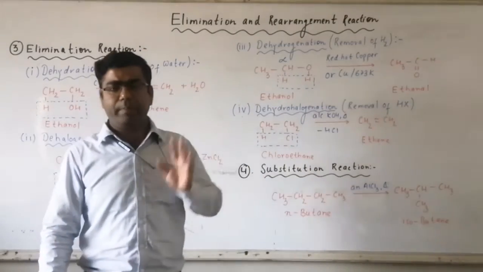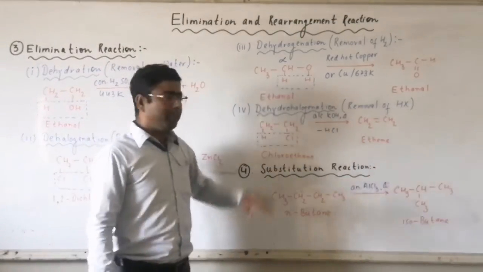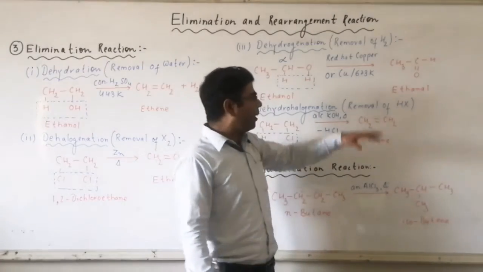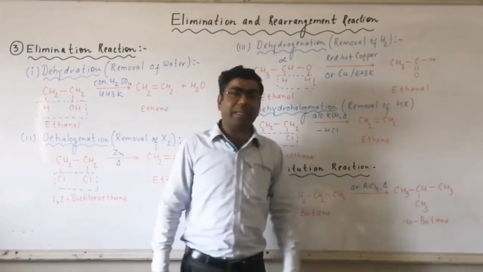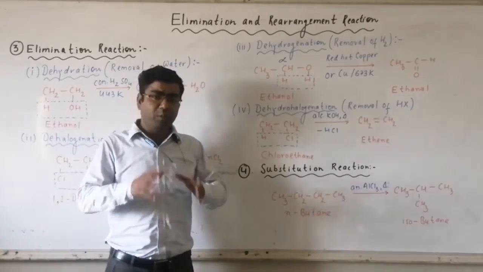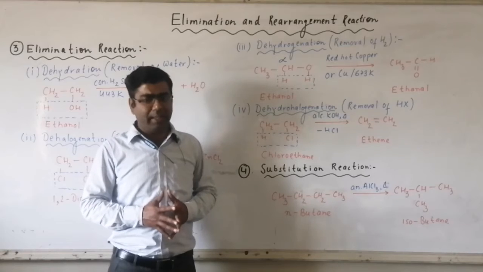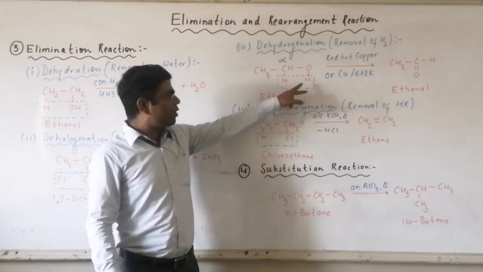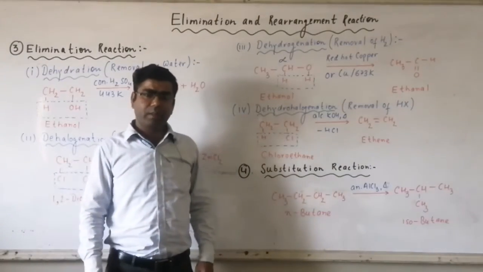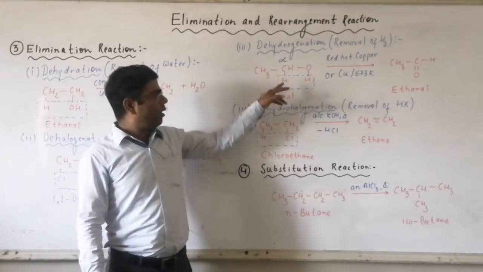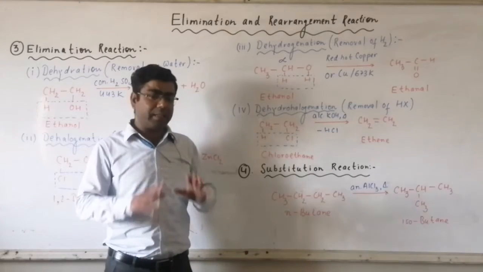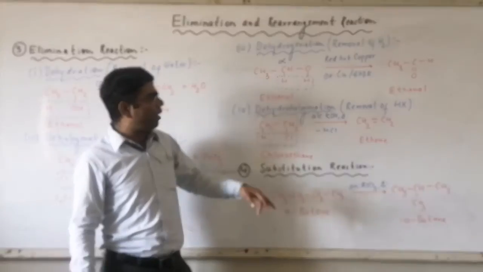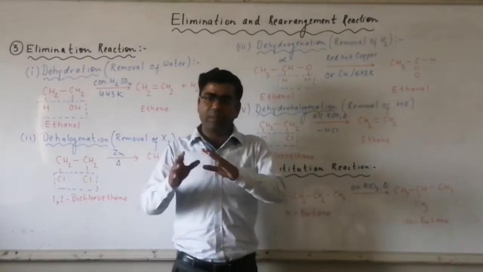We require only one. So when ethanol is treated with red hot copper, or copper metal, at a temperature of 673 Kelvin, then removal of an H2 molecule will take place. How is H2 removed? H from the OH unit and hydrogen from the alpha carbon, that is the alpha hydrogen atom, are removed. So H will combine with hydrogen and it will be removed as H2.